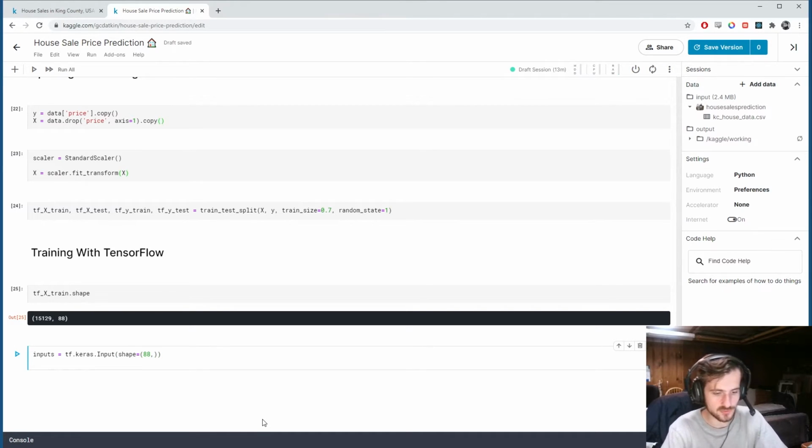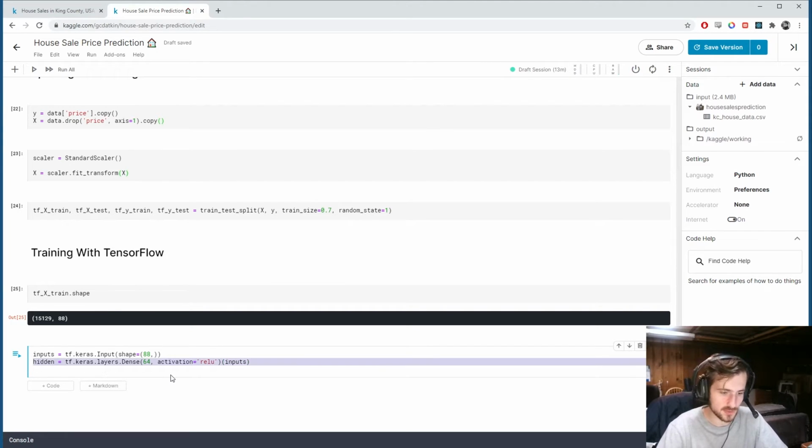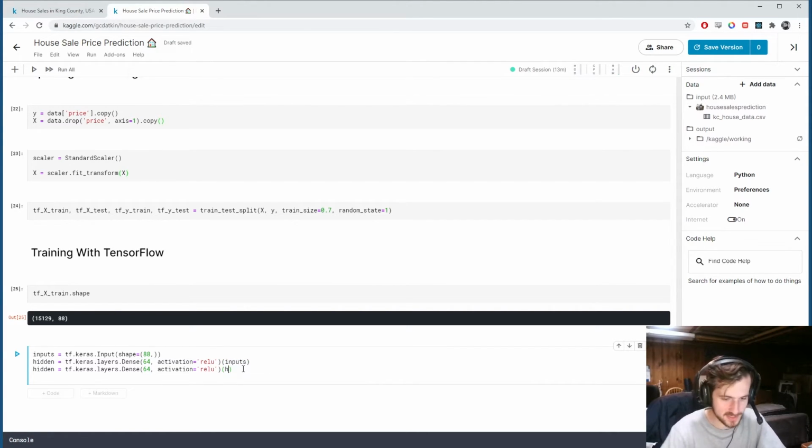And then I'm going to create two hidden layers. One will be, I'll call it hidden, is going to be tf.keras.layers.Dense with 64 activations and an activation function of ReLU. And I'm going to pass in inputs. Then I'm going to grab another one of those, except pass in hidden this time. Then for outputs,